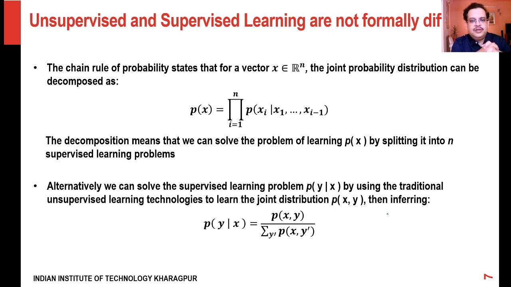As you already know from the lectures on reasoning under uncertainty, the chain rule of probability defines the probability of x, where x is a vector having n different random variables. The probability that x takes a particular value is given by the expression on the right, namely